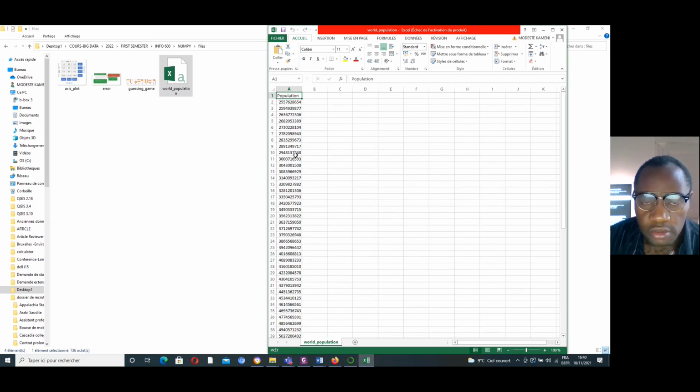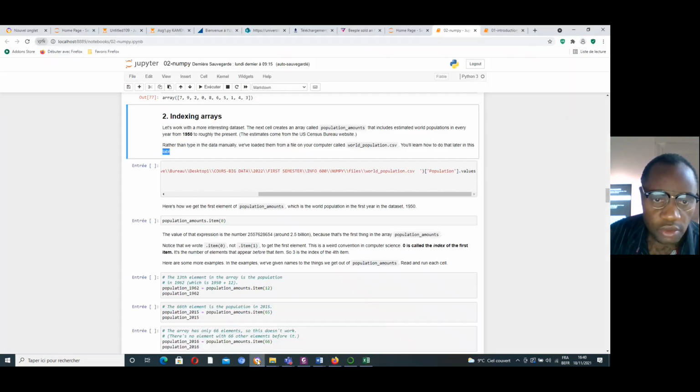Here is the name of the column, the first line, population. Here is the population for the first year: 1950, 1951, 1952, 1953. Yes, great. Let's go back to my Jupyter notebook.